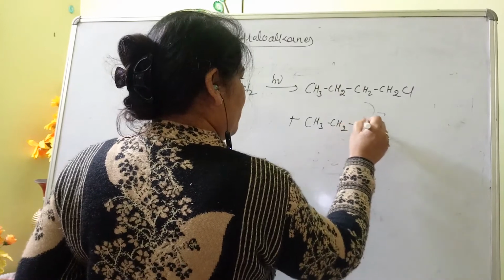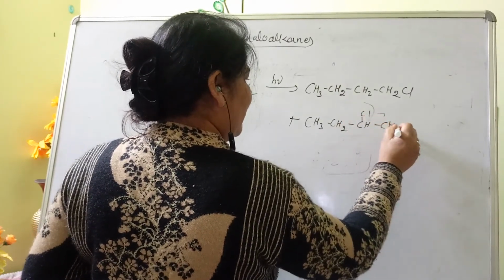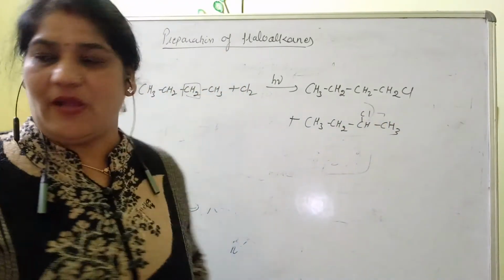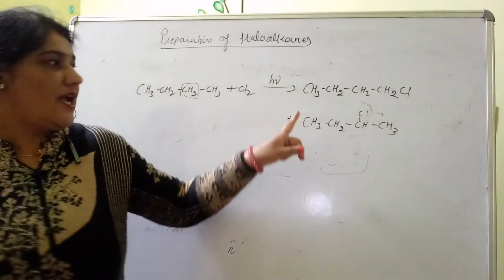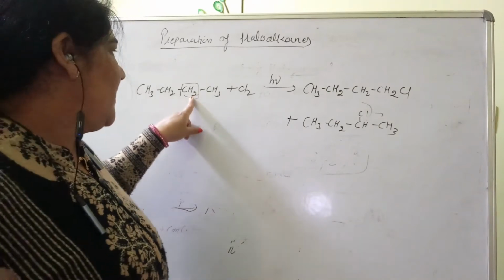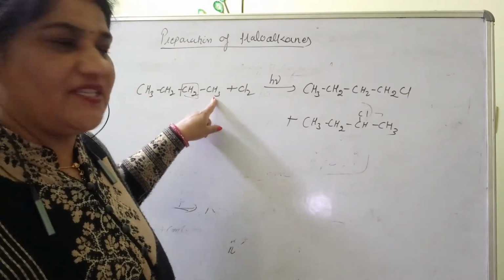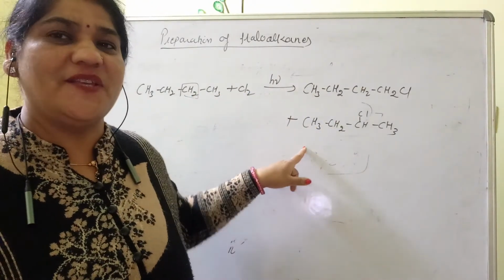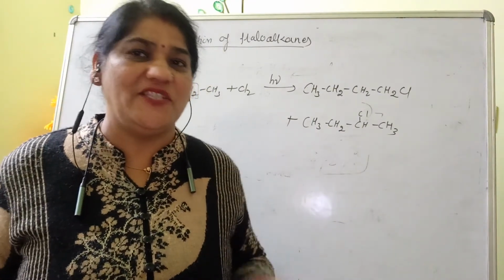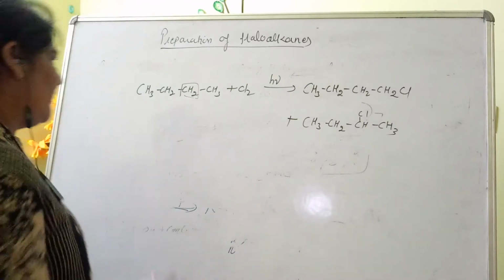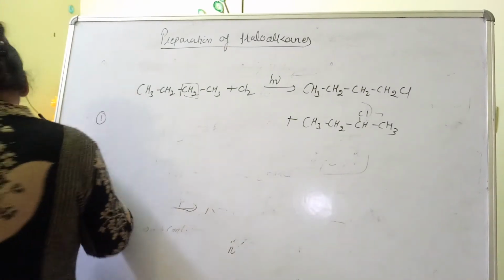That is CH3CHClCH2CH3. This is a mixture of compounds, depending on the types of carbon, that is one kind of CH2 and one kind of CH3. Then a mixture of compounds is formed. In the substitution reaction, hydrogen of the alkane is replaced by one halogen atom. Okay, now the reaction, it is very important.